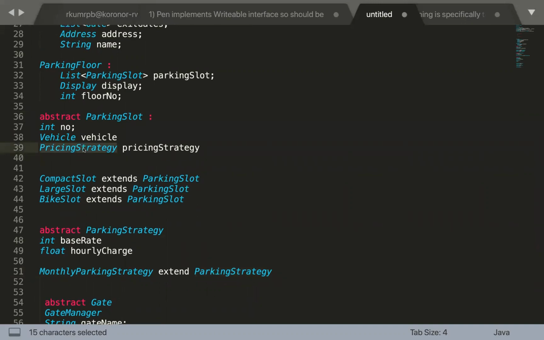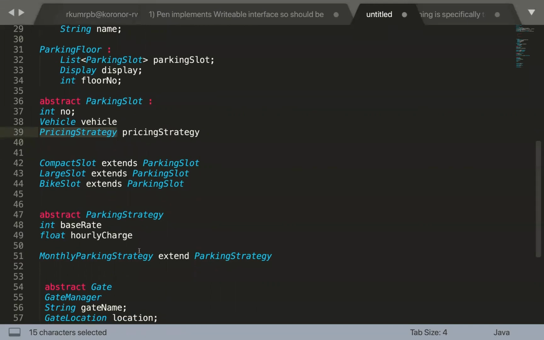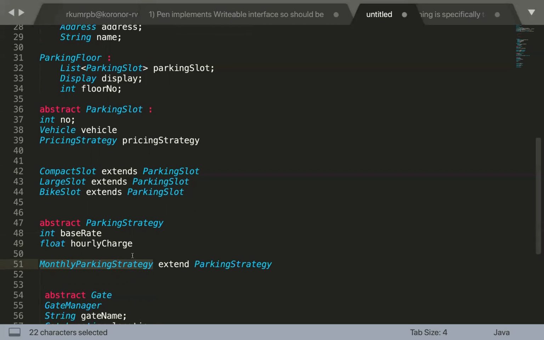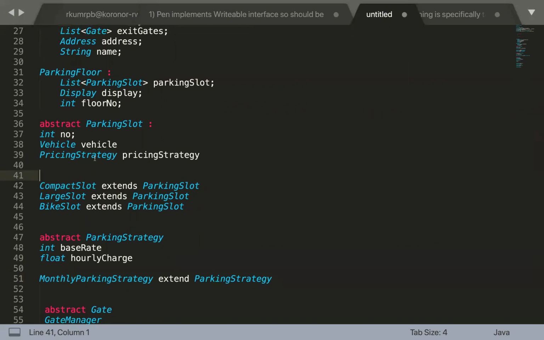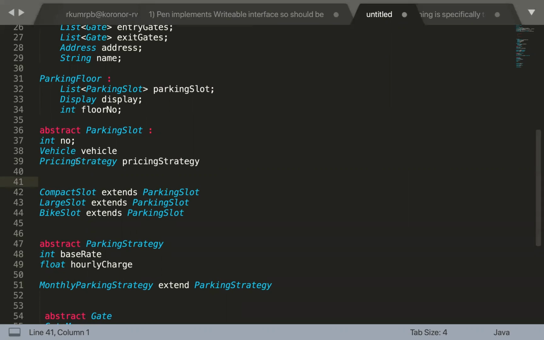It is the generic name parking strategy, and based upon your use case you can inject multiple types of parking strategy, whoever extends from that parking strategy, whether monthly, peak time, or discounted parking strategy. There can be different types of parking strategy that you can utilize at this particular place. So this can be one of the optimizations that you can suggest. If you want a basic and simple implementation, the hourly rate and the base rate are more than sufficient to handle the job. But if you want to go one step further, this is the enhancement that you can suggest.